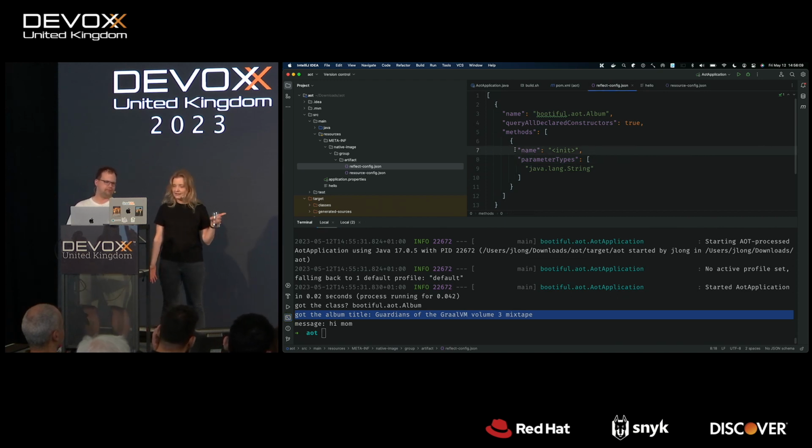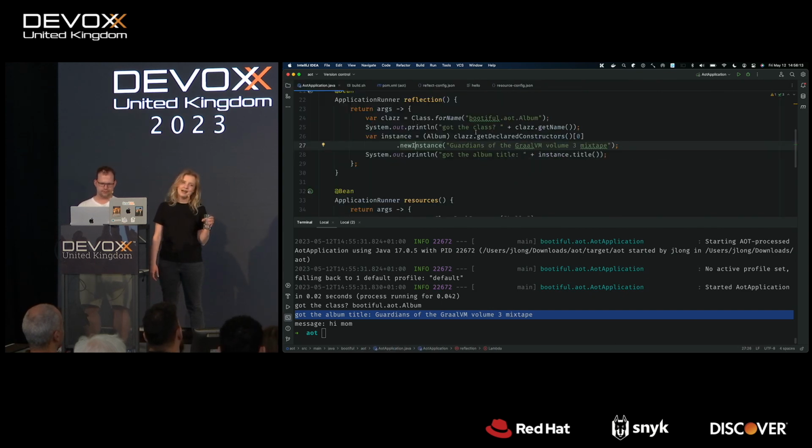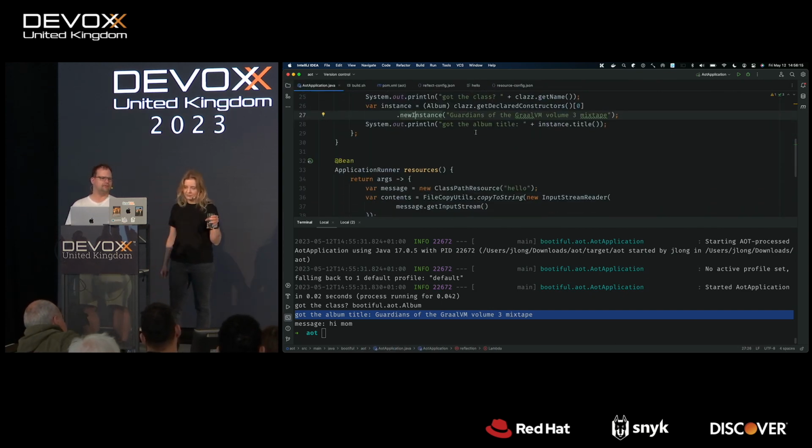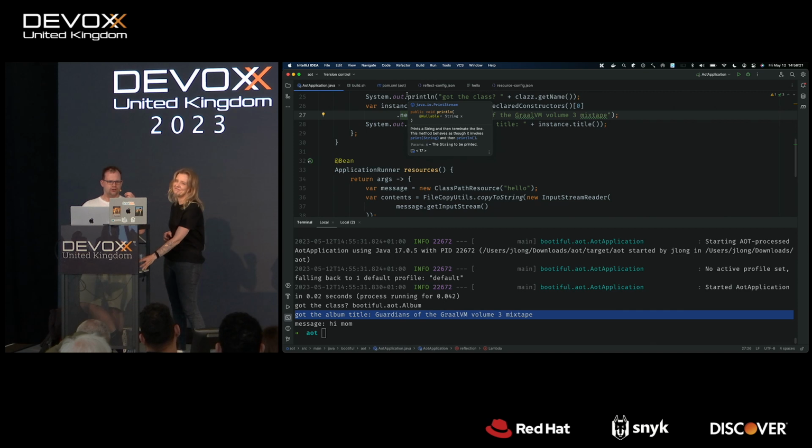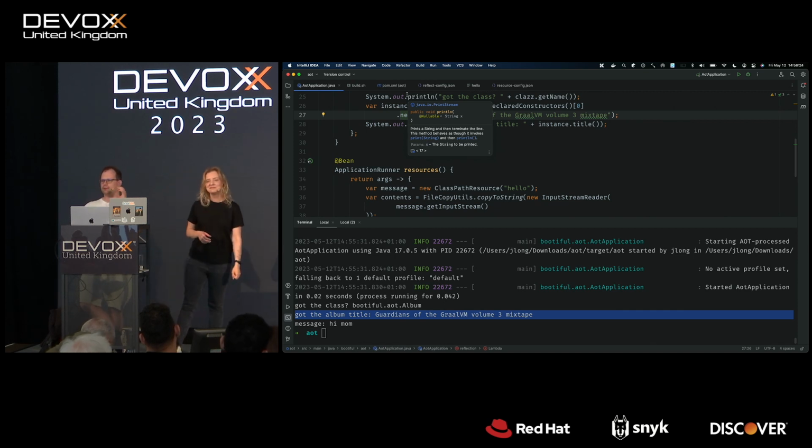Predictably. So we got the config out of the agent. Amazing. We didn't need to write the JSON ourselves. It all just works. Perfect. Okay, good. So now, we've established that there's JSON that you can ship in your artifact, and it can be on the class path as well.